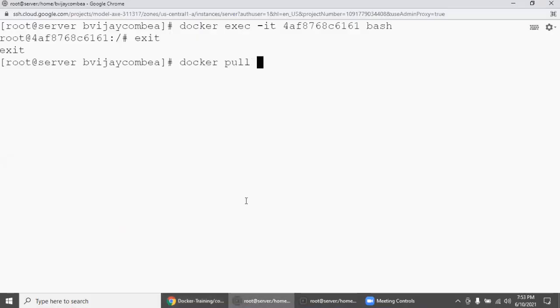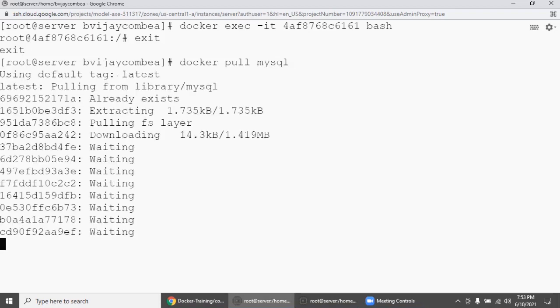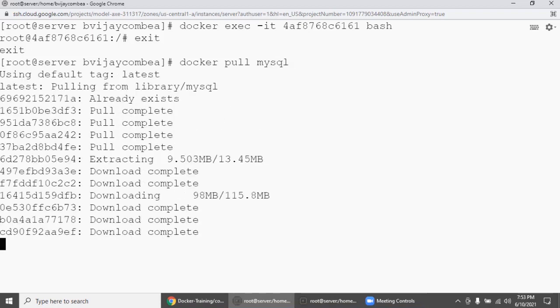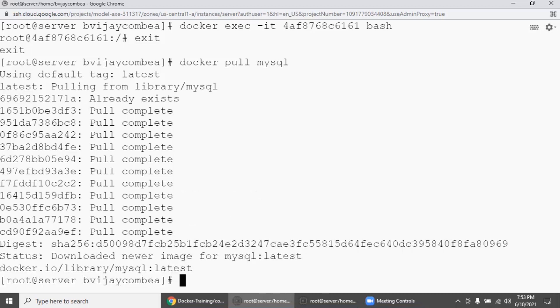What do you want? I want MySQL. So this is just to download, nothing else to do with it. Maybe later you want to run it, but as of now the pull command is downloading from your Docker repository.